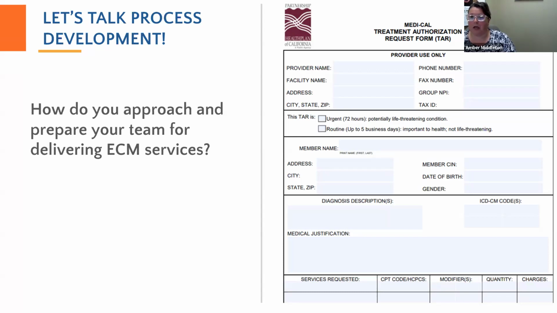Some of you weren't doing in-person work with your clients. You were doing lots of telephone contacts. ECM is really meant to be delivered in person as much as possible. And if you've chosen a population like the homeless or high utilizers of emergency services, they're going to need a lot of touch points. So if you're thinking through caseload size and acuity, and your team is going to be switching over to in-person, then that's some training you need to think about.